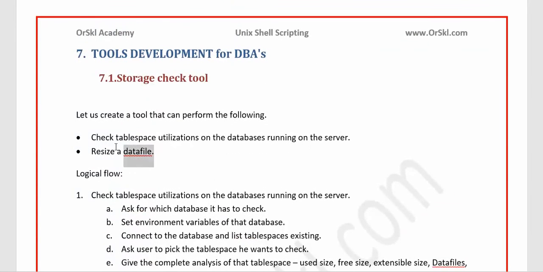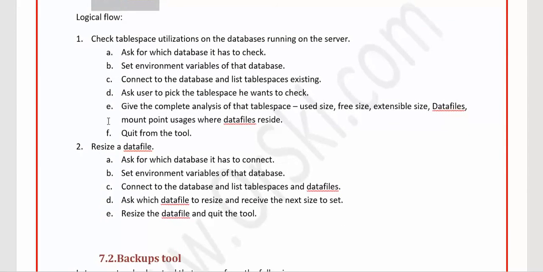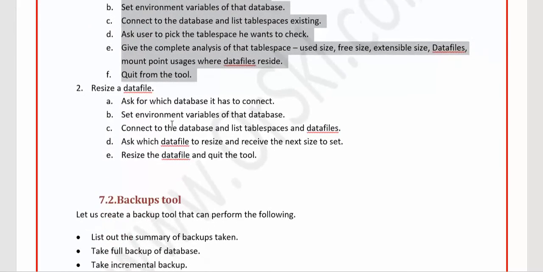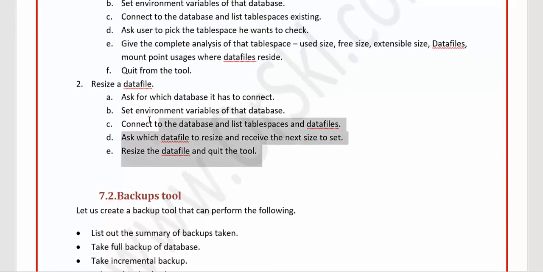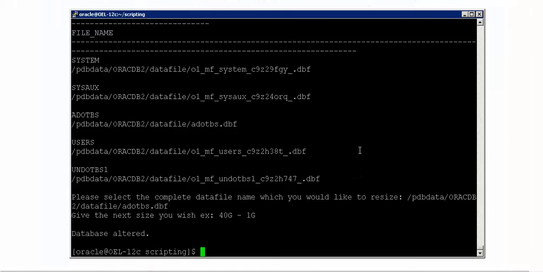So you have done whatever you wanted for this tool. You wanted the tool to have two options, you have it. For the first option, this is what it has to perform as a logical flow, you did it. This is the second option, this is the logical flow that you have decided, it did it. So successfully you have created one tool. So I'll close this session here, but please make sure that you do the same thing as a practice. Do not feel that this session is completely stretched, but the reason for stretching is very important. I wanted to execute it on the screen.